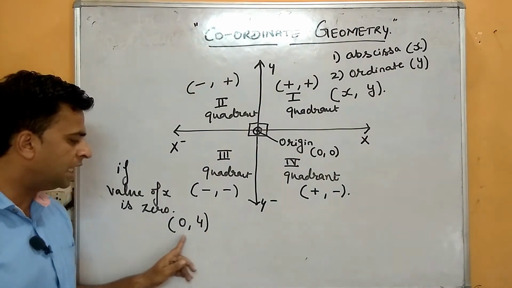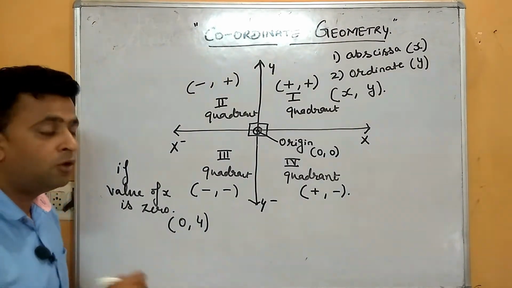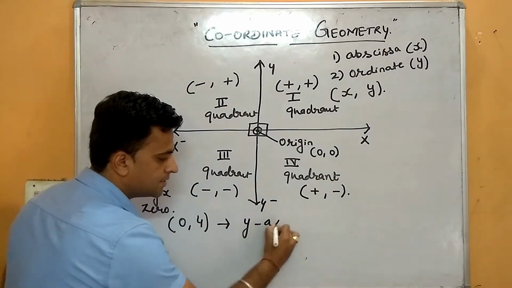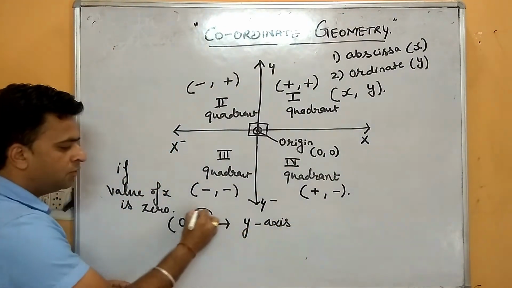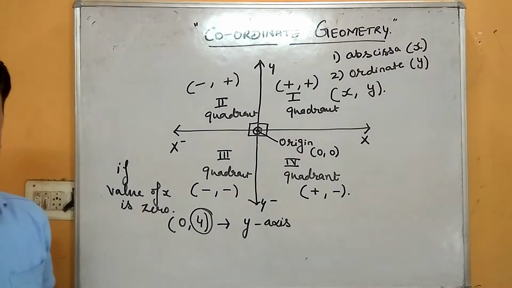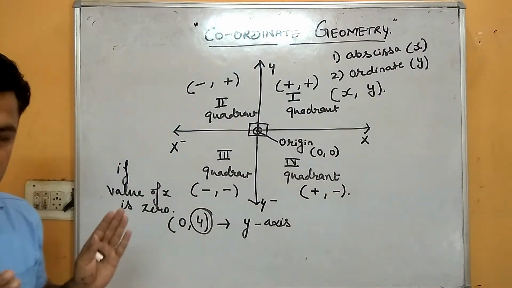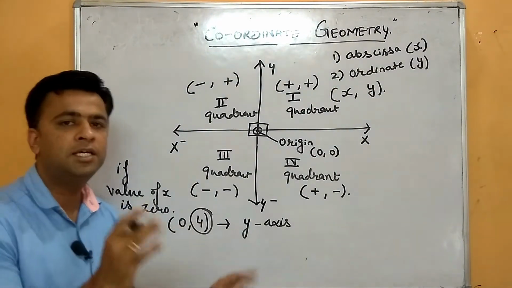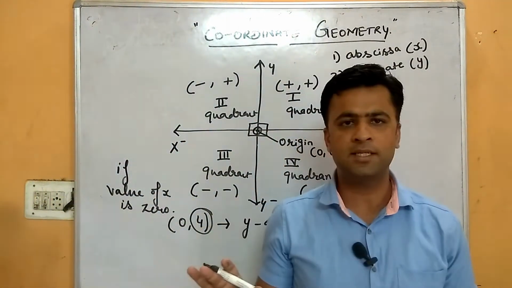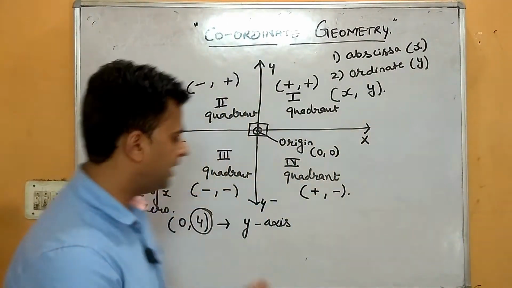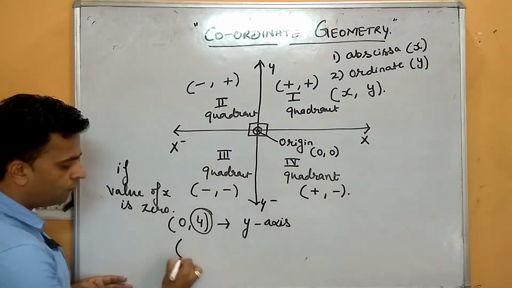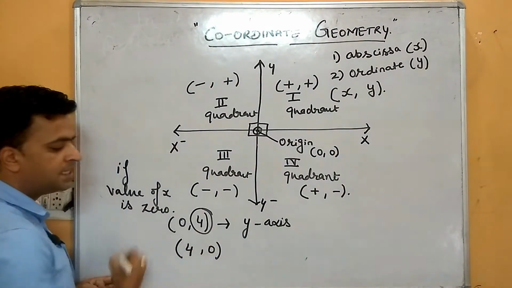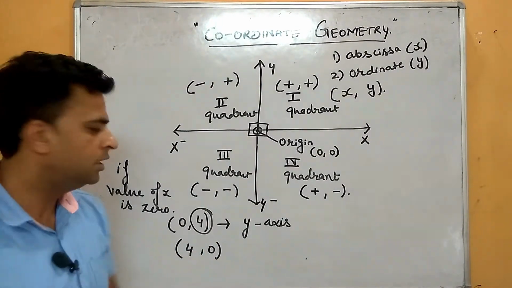So it will not lie in a quadrant, it will lie on the y-axis, because the non-zero value is y, that is 4. But in the second case, if the value of y is 0 and the value of x is a non-zero value, then it will